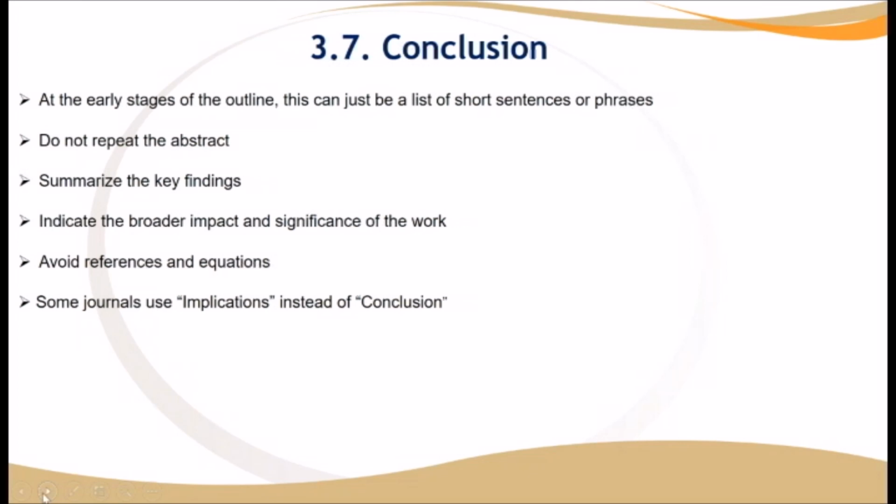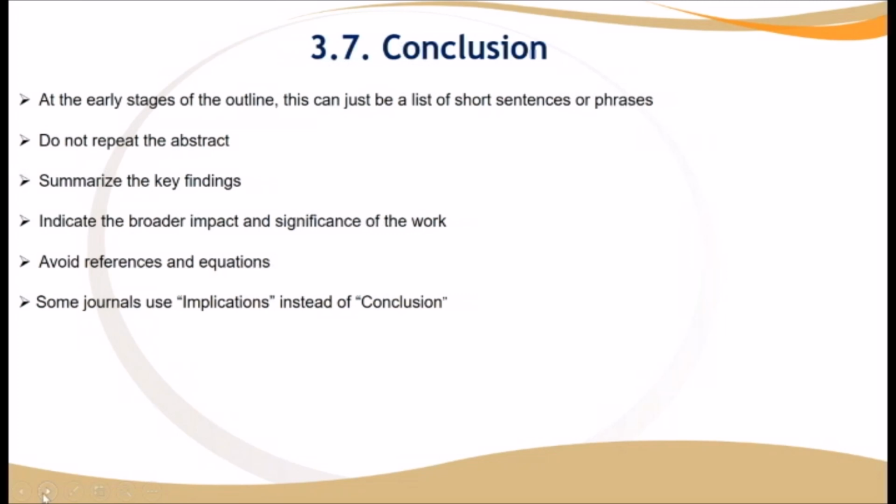Okay, so you have done this, you have investigated that, you have varied this and that, and you found that when you change this, this happens, when you change that, that happens. It's still also important for us to know as readers which direction you are predicting this particular research is meant to take off in the near future. Okay, we again should avoid using references and equations in the